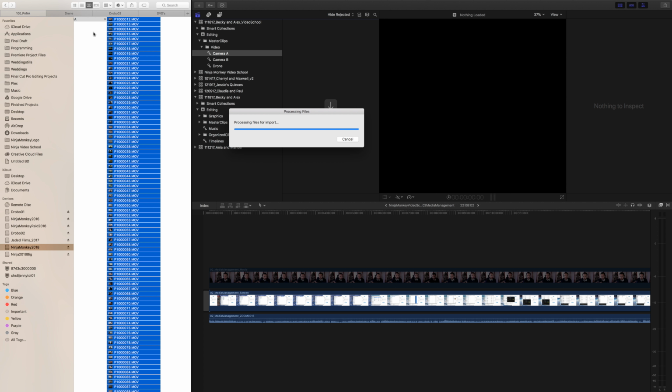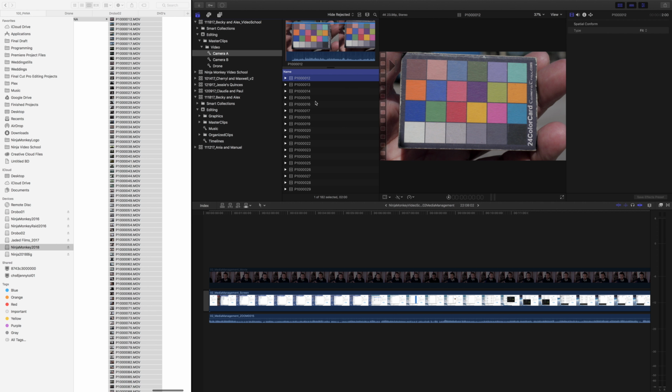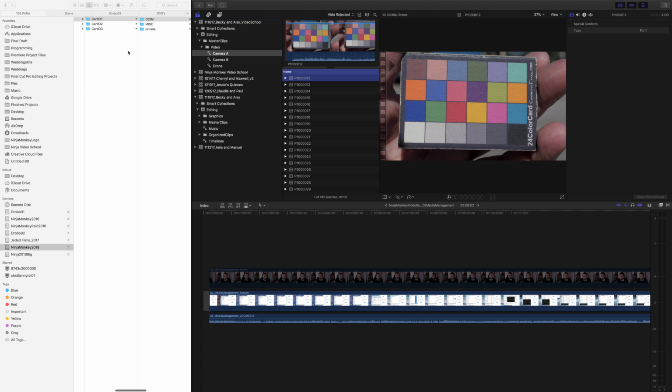That's only going to be the first thing. It gets a second. You're going to get a beach ball for a few seconds, depending on how much RAM. I'm sure if you have a better Mac than me, you don't have to wait as long, but I basically have to wait a few seconds. Now you can go into card 2,